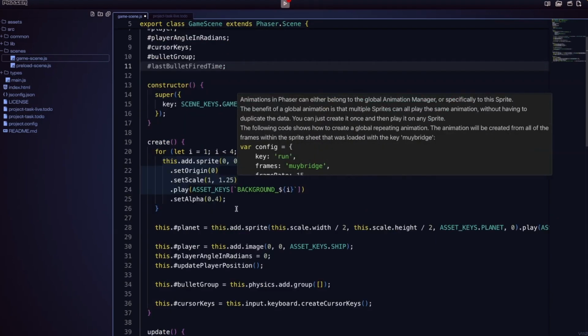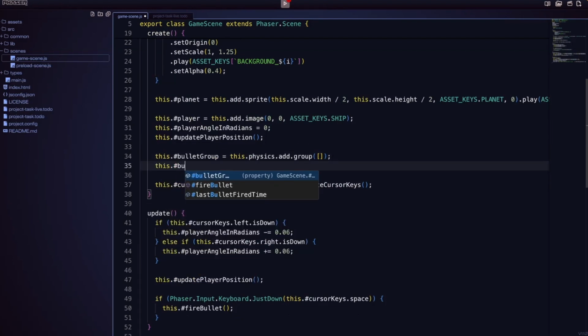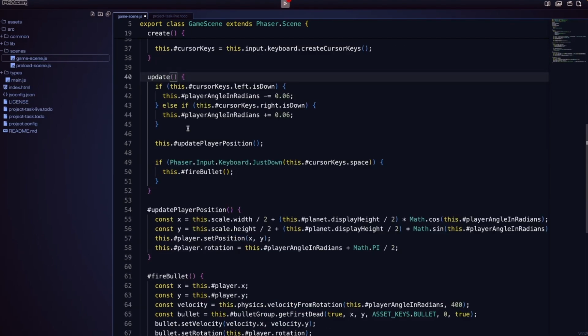And down in our create method, we'll initialize that value to 0. So after we create our bullet group, we'll do this. Our last bullet fire time will be equal to 0. So now for our timer, to keep track of how much time has passed in our game, we can rely